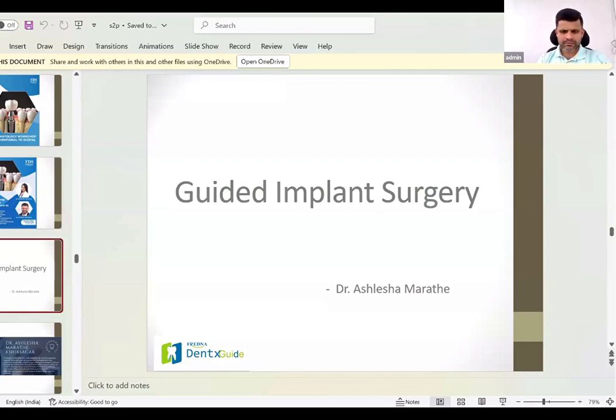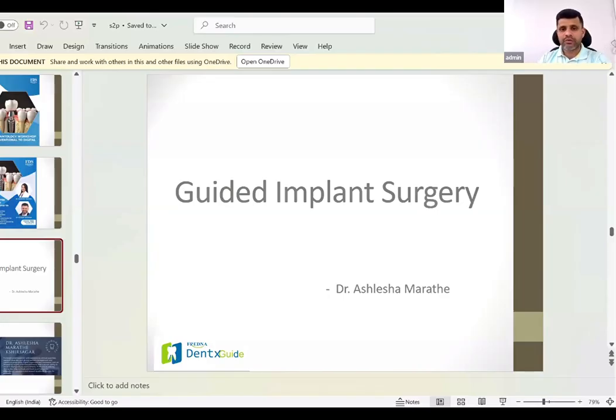Okay. So the next question is, in case the CBCT is not available, how do you interpret using only a CT scan for implant planning? It's the same thing. Whether it's a CBCT or a CT, we need the same thing in DICOM format. When we get that in DICOM format, we need some software in which we can open it. There are many softwares available online, like Blue Sky Bio or Real Guide or even Carestream as